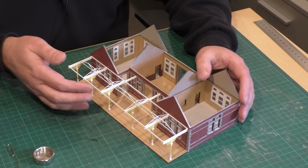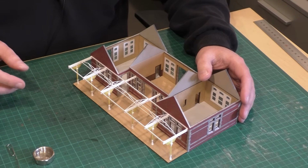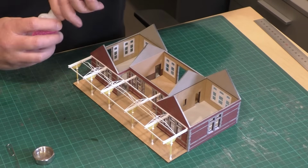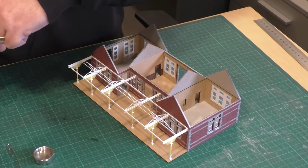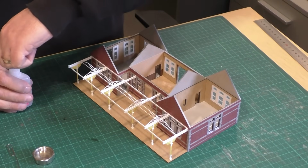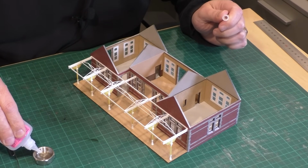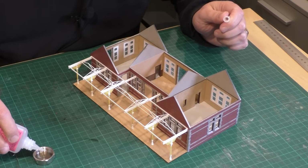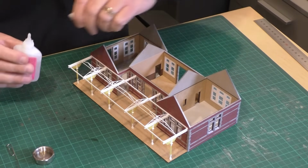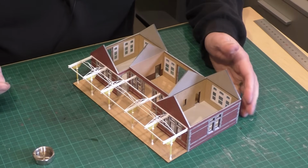So the plan now is that we're going to drizzle some glue into some of these joints. Rather than dispensing directly from this bottle, because this tends to actually gush out, and this of course is the thin CA glue, I'm going to try a method of dispensing some of this into a small lid, or it's actually an end cap for a plumbing pipe, which I thought might be the best bet, made of metal,